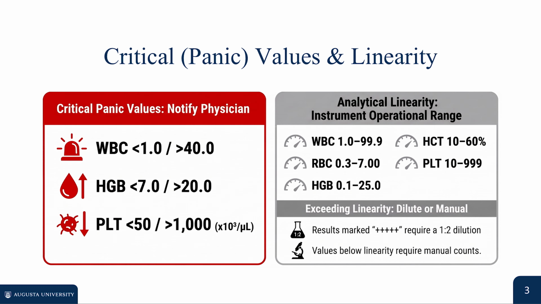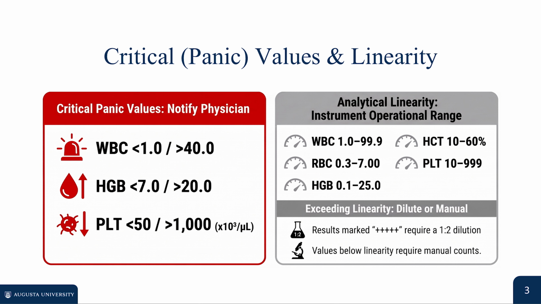In parallel with critical limits, laboratory scientists must monitor analytical linearity, which defines the dynamic operational range where electronic detector output remains directly proportional to cell concentration. Operational linearity will depend on the specific analyzer. Examples of linearity include values spanning 1.0 to 99.9 times 10 to the third per microliter for WBC, 0.30 to 7.00 times 10 to the sixth per microliter for RBC, 0.1 to 25.0 grams per deciliter for hemoglobin,